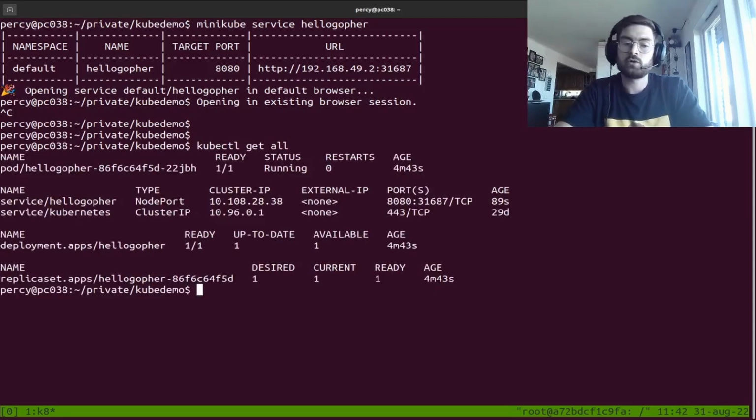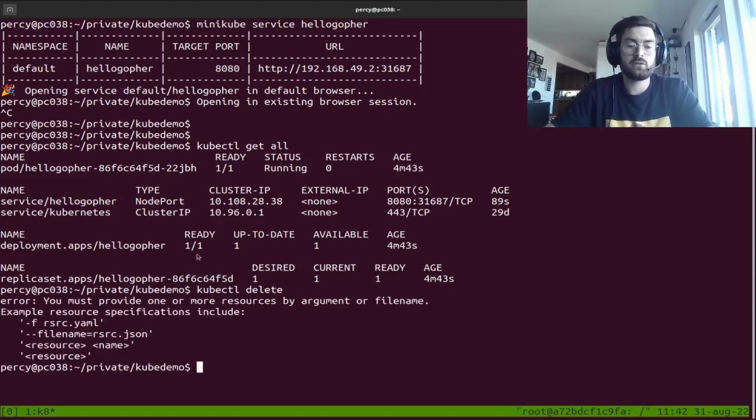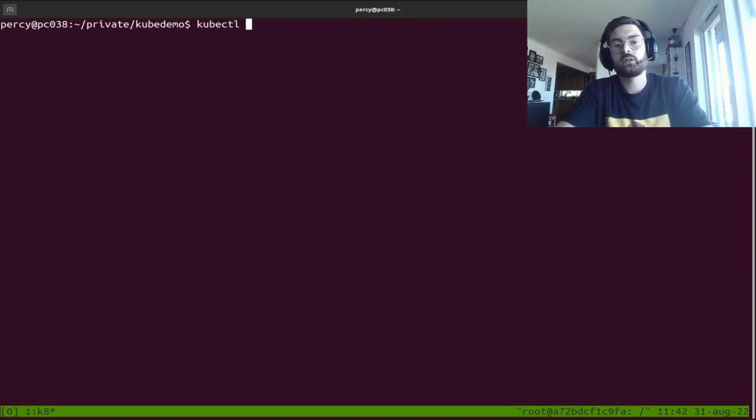Now we're going to modify this, and we're going to start by deleting the whole deployment. So kubectl delete, then follow that by, if you do this, it will tell you that you need to specify the resource. So kubectl delete, and we want to delete a deployment. If we only want to delete the service, we would do service, etc. So delete deployment hello-gopher,